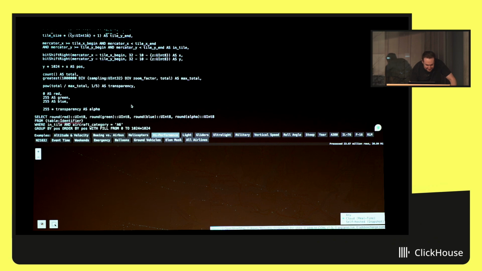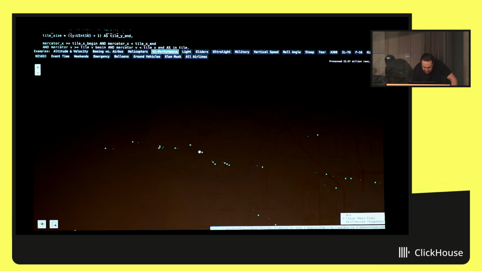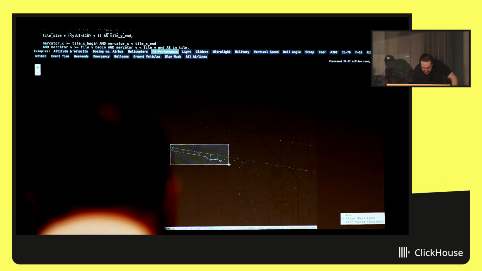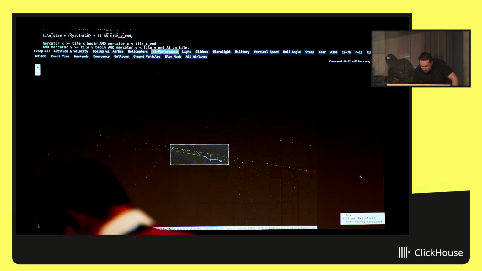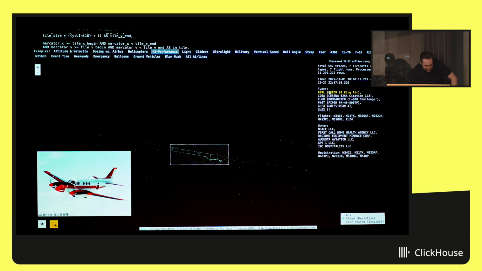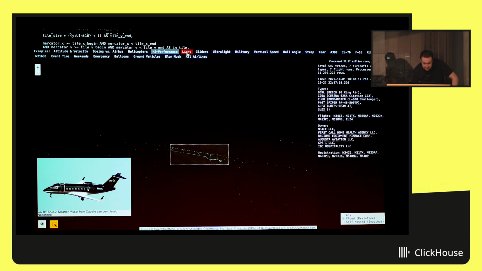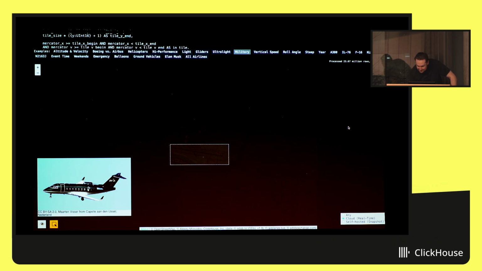So we have this filter. And where are high performance airplanes? What is this? Vancouver International. Is it still ground vehicles? No, now it is high performance. Let's take a look. So these are all fighter jets? Interesting why this Beech King Air is classified as high performance. I don't know. If we filter by military, what interesting things can we find? Let's take a look.